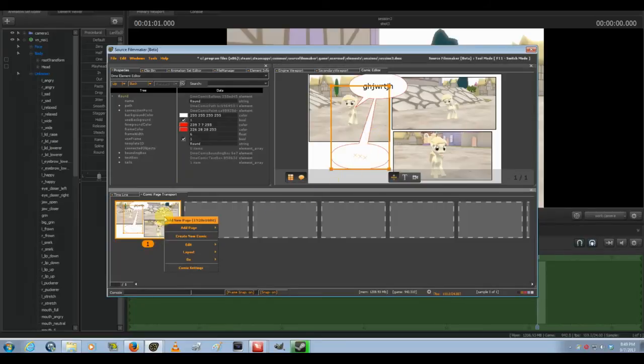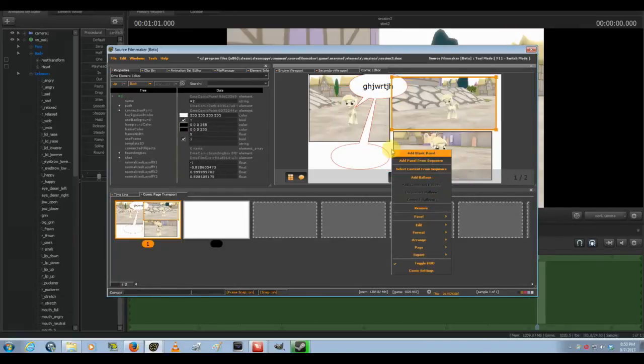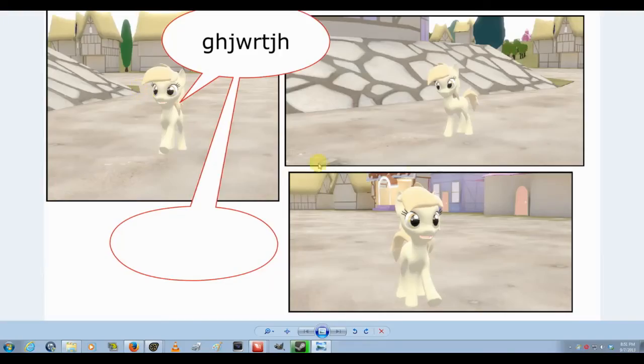If you want to create a second page, you just right click here, add page, and it'll give you these size options. Then once you're done, right click and export page as low-res PNG. Just name it whatever you want. And there you go. Yeah, I'm not very inventive here, but